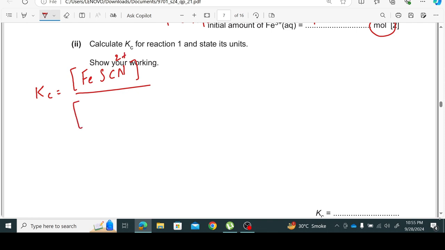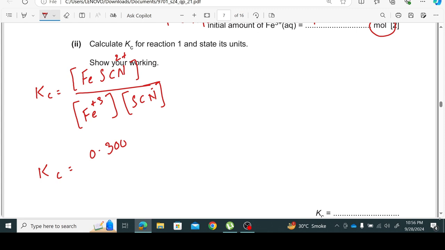So you have 2 reactants. So concentration of Fe positive 3 and the concentration of SCN negative. Okay, bracket mean the concentration. So you have to find its value. Okay, so what we got for Kc? What we got the answer? That was actually